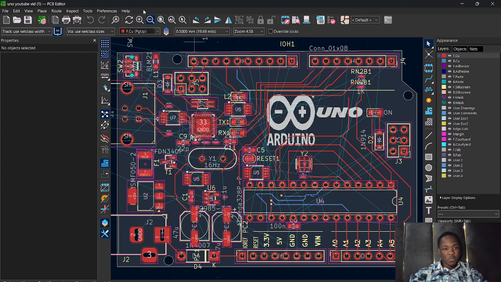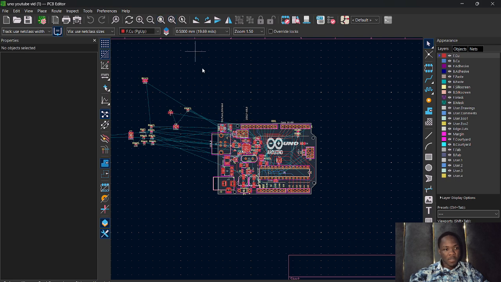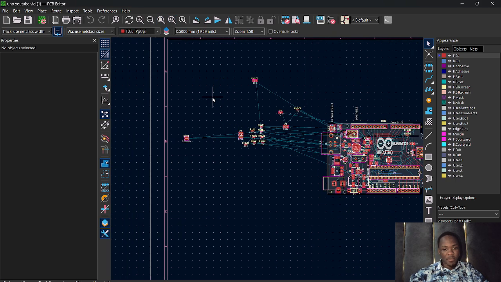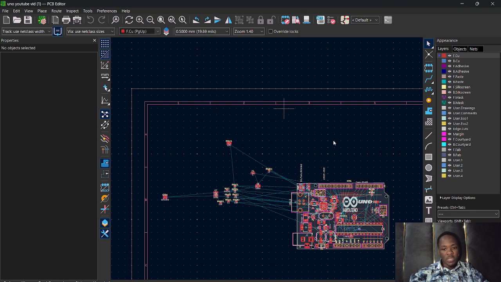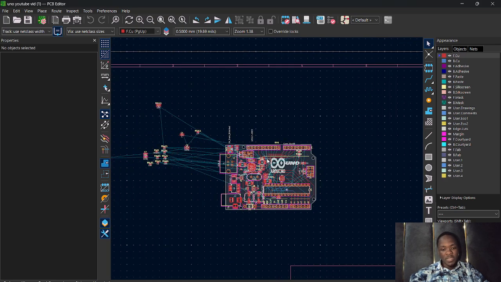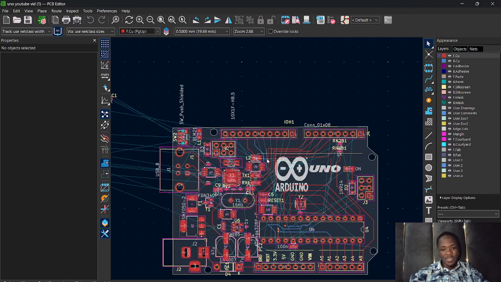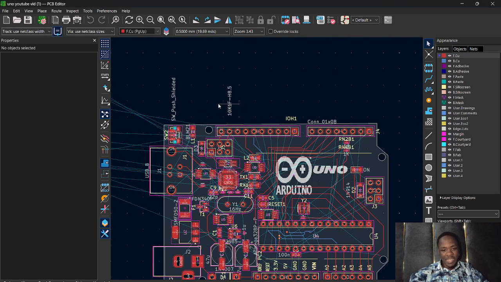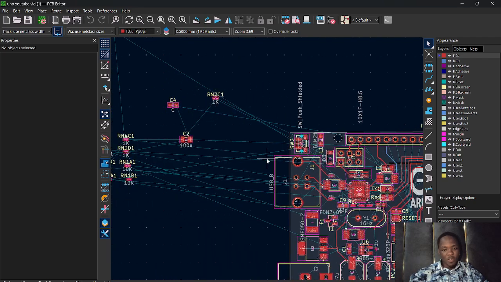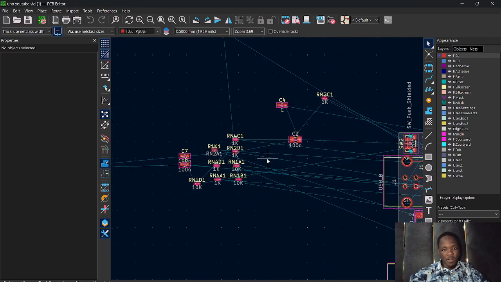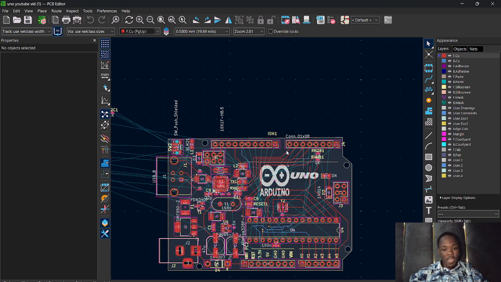So we see, let's minimize it. So we see, this is my PCB. This is a diagram of the Arduino Uno, my PCB. So here you see all the wiring, all the schematics I've done here. The routing and everything is done on the PCB. You get it? As you can see, all the routing has been done here. For clear visibility, I will send you to the 3D,